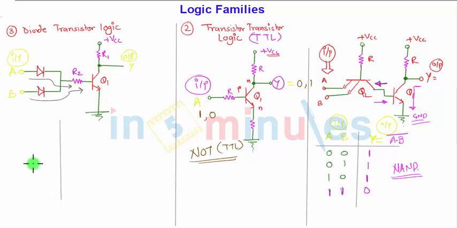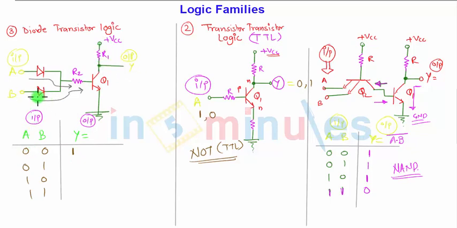Input and output table. So what I have here is input A, B, and output Y, which I need to define. So these are the input combinations 0 0, 0 1, 1 0, 1 1. 0 corresponds to logic 0, that is ground state, and 1 corresponds to plus VCC, generally plus 5. So A and B both are 0, both the diodes are reverse biased, no input current, hence the output will be 1, which is directly connected to VCC.